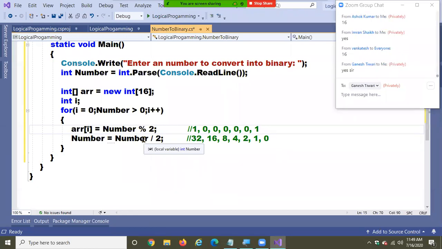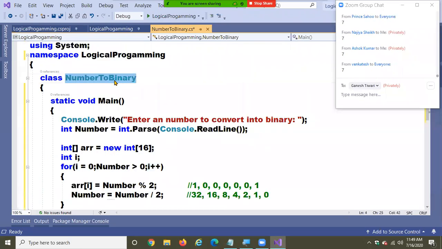So how many cells should I print? That is why I have used the I here, to find out the number of cells that are occupied. So this I will tell you how many cells are occupied now. Did you follow me?